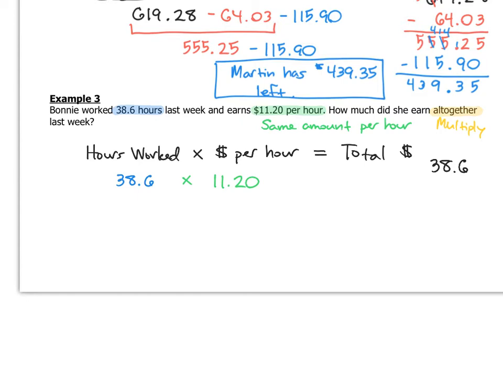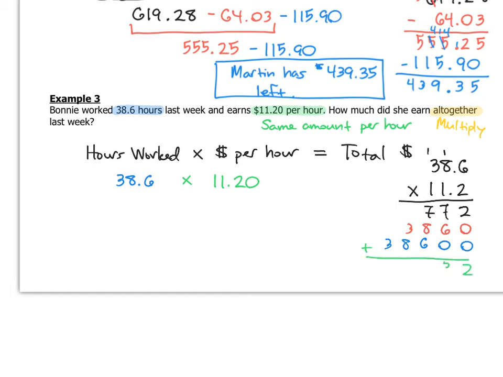38.6 times 11.2, and then I'll multiply everything in my first number by 2. So that's going to be a 12, 17, and 7. Then I'll add a 0 and multiply by 1, 6, 8, and 3. And then finally add another 0 and then multiply by 1 again. 6, 8, and 3. If I add those all together, I have 2, 13,